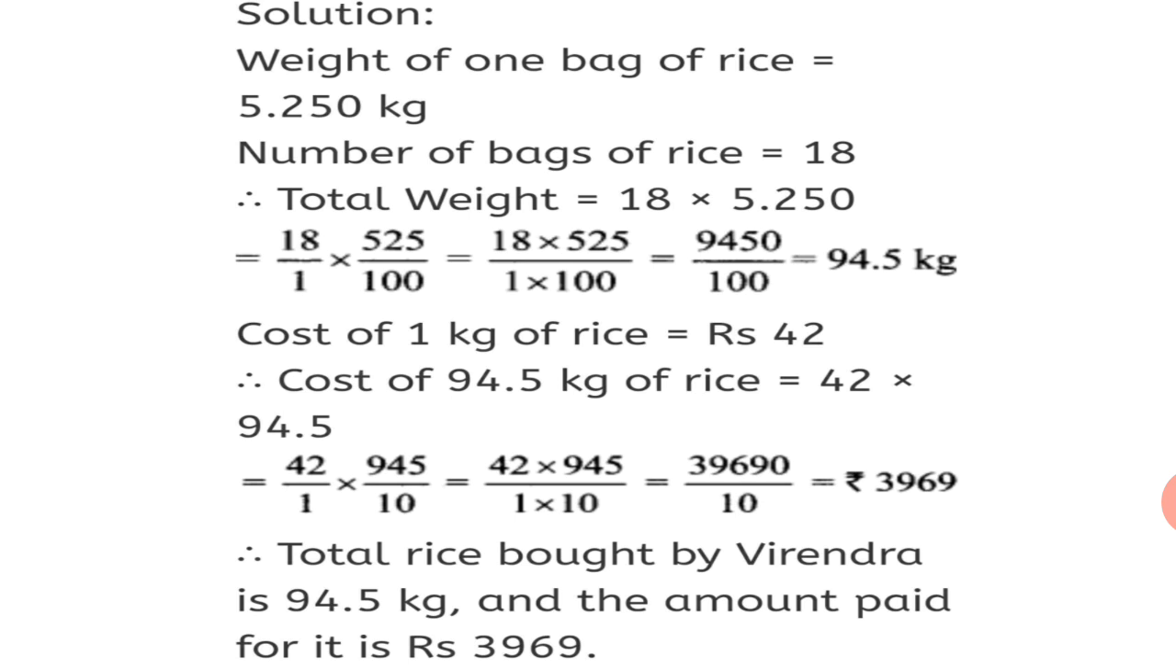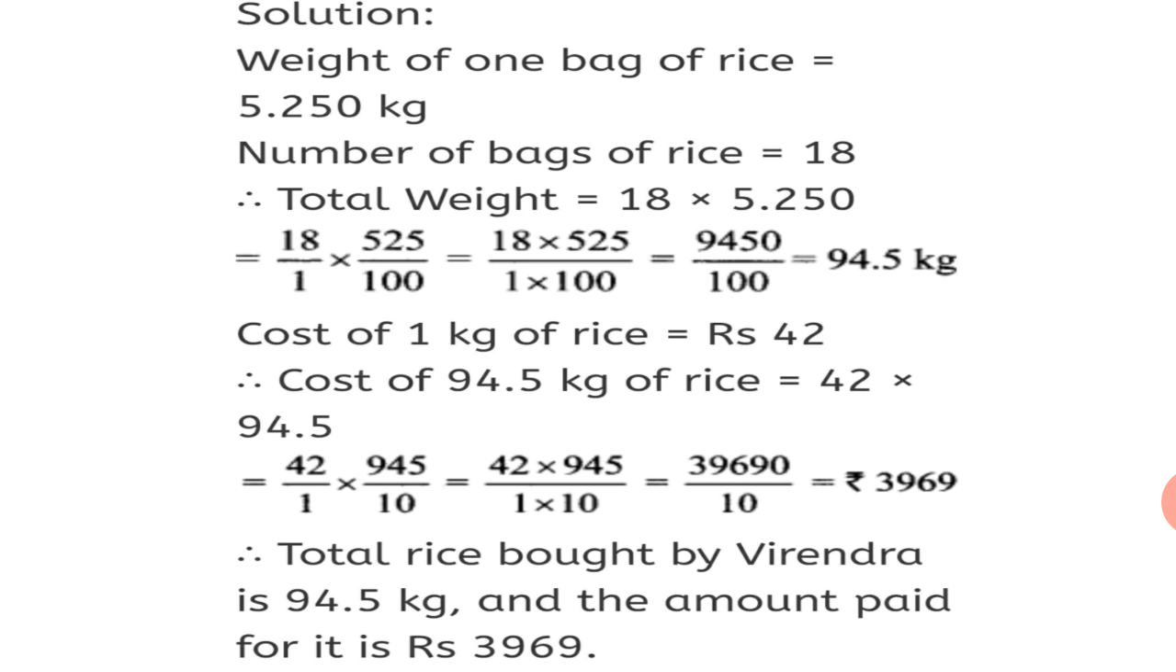39690 upon 10. Now you can see there is a 10 in the denominator. So before one digit, you will place a point. So your answer will be 3969.0, which is equal to rupees 3969, round figure. Therefore, the total rice bought by Virendra is 94.5 kg and the amount paid for it is rupees